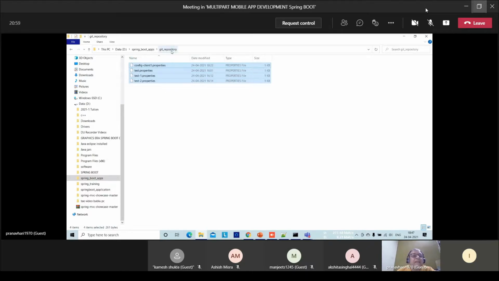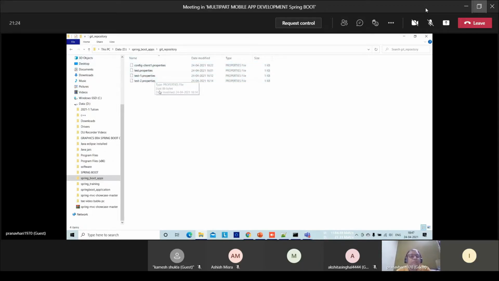And this is the directory which I have created inside G Drive, Spring Boot app, and Git repository. Anywhere you can create, any directory name you can specify. It is not that you have to give only repository. You have to use a directory that will be used as the Git repository directory.